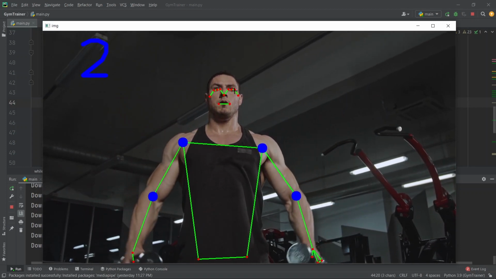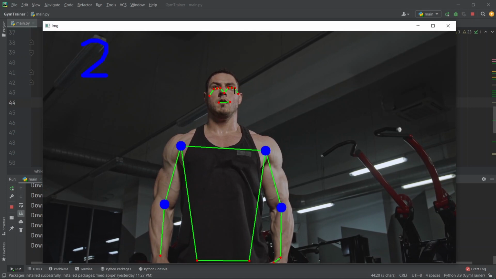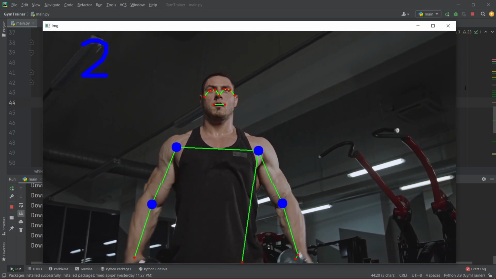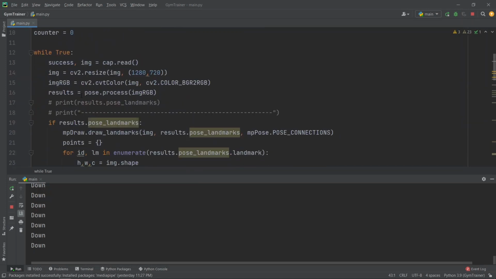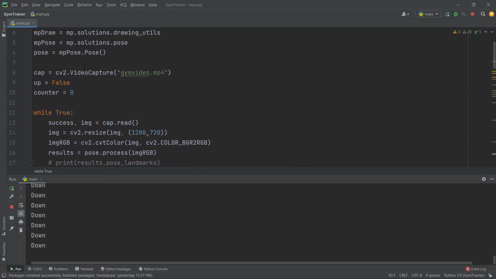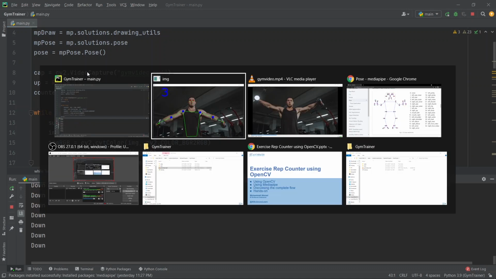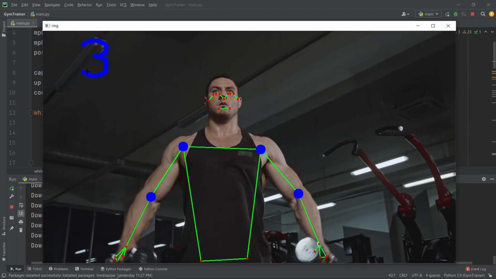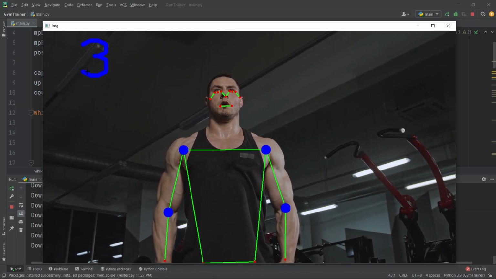I hope that you enjoyed, and I would highly recommend you to tweak the video. And here, instead of using this video, try to capture the webcam, and try to implement it, play with it on your own, and try to tweak things up, try to play around with all this stuff, and try to get the most out of it.